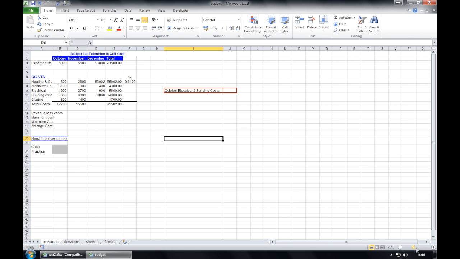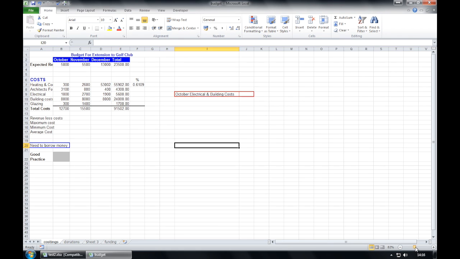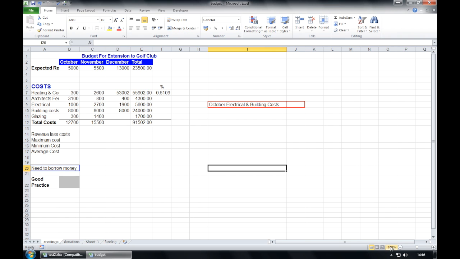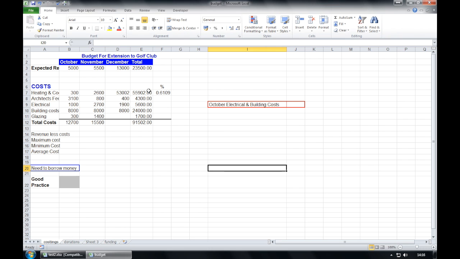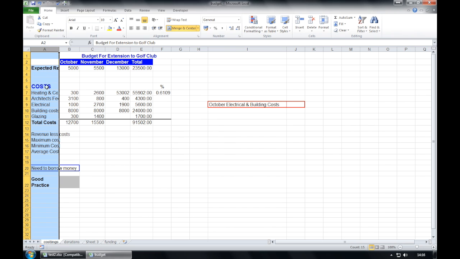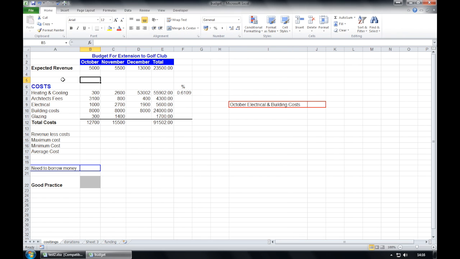Two choices here. We can either move the slider bar till we get to 100, or we can click on the actual percentage button and we can choose some given options or do a custom option ensuring that it's 100. Question 7, we need to find column A, which is this column here, and we need to widen this column so we can see all the information within. So we simply hover over between the A and the B section on the line, and we'll see that the cursor changes, and we double click and that will widen it.